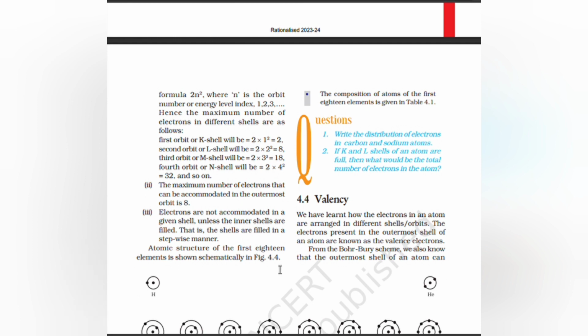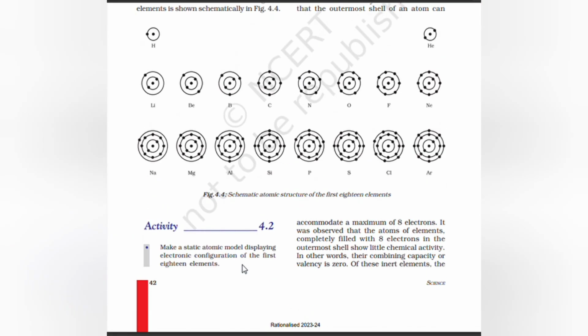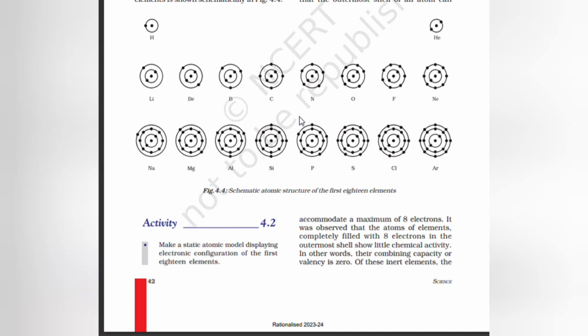Atomic structure of the first 18 elements is shown systematically. Make a static model displaying electronic configuration. The outermost shell can accommodate a maximum of 8 electrons. It was observed that atoms of elements completely filled with 8 electrons in the outermost shell show little activity. In other words, their combining capacity or valency is 0. Of these inert elements,